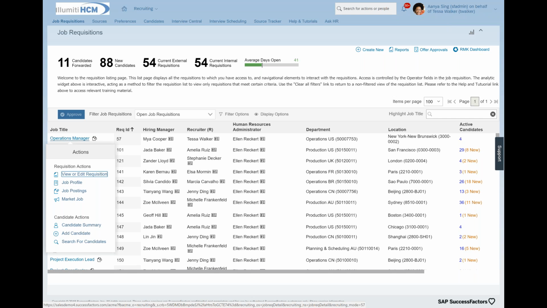And while we're using this system and we're using the term candidate, we mean not only external candidates, but internal candidates as well. So existing employees in your organization who may be interested in changing positions.